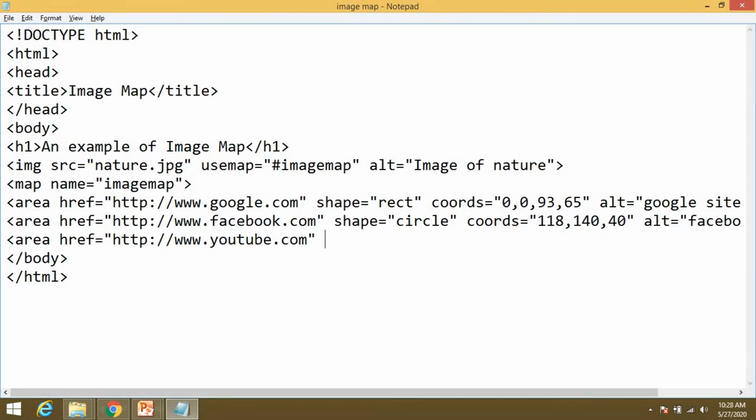Shape equal to poly. Then the coordinates: you have to mention multiple coordinates over here, coords, x y pairs: 145, 187, 170, 198, 215, 245, 280, 305.